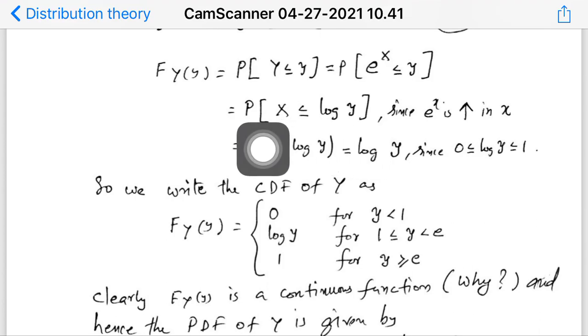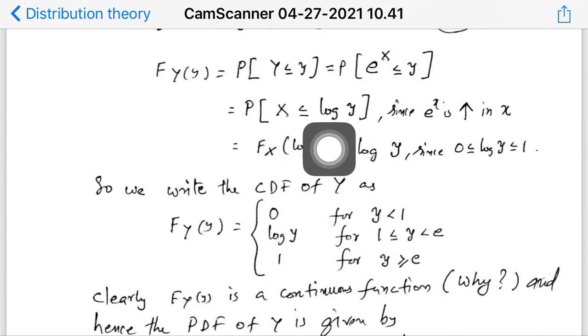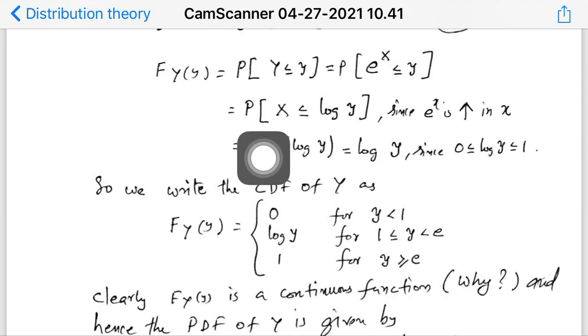How would you write this? If this is expressed as an integral, what will it be? It is equal to my integral from